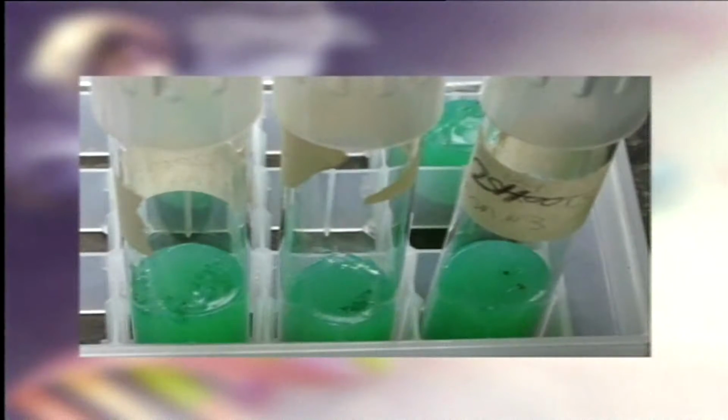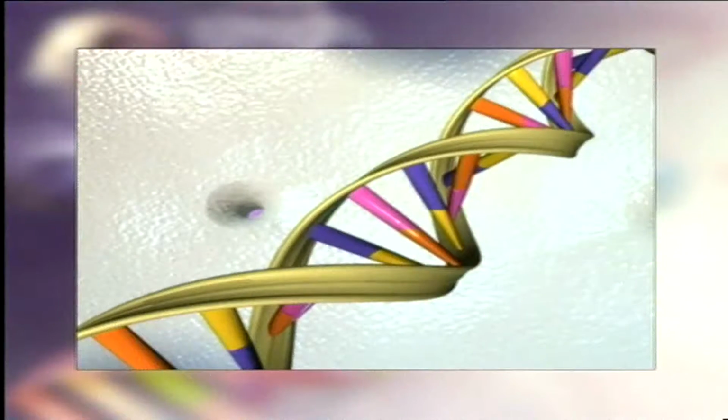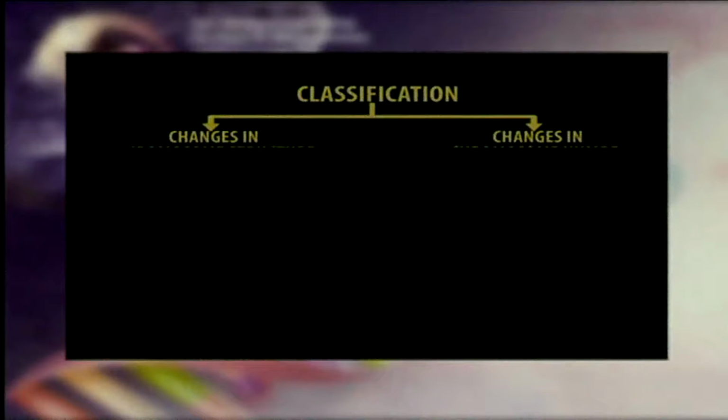Chromosomal alterations can occur spontaneously, or they can be induced by chemical or radiation treatment. They can be detected by genetic analysis, that is, by changes in the linkage arrangement of genes. As far as classification is concerned, chromosomal alterations fall under two major classes. First, structural chromosomal alterations, and second, numerical chromosomal alterations.